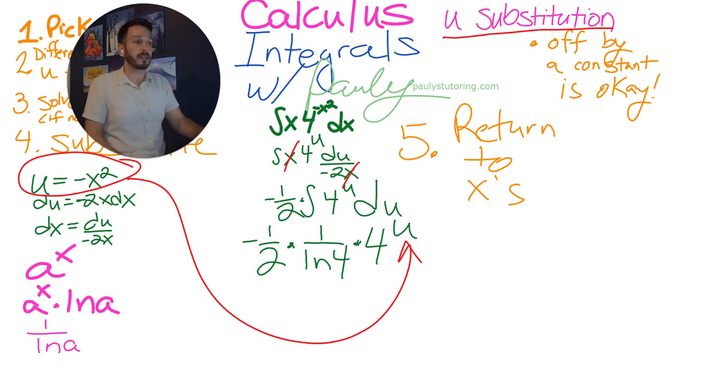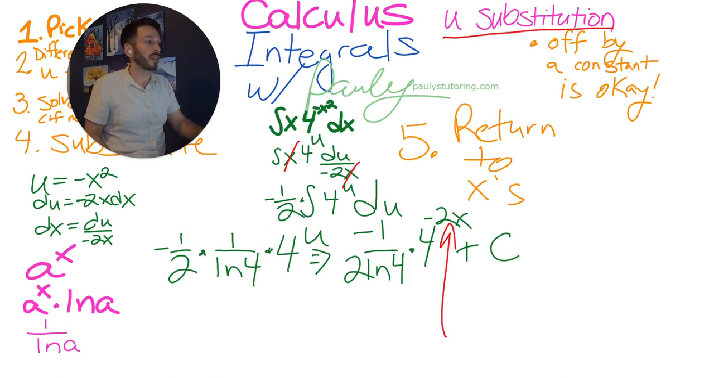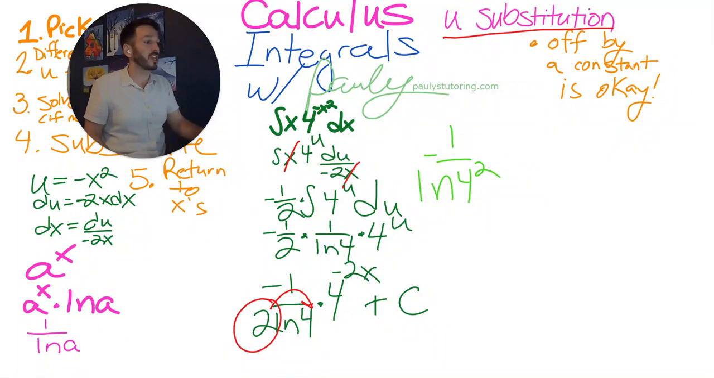Now return to x's. We've integrated it. Now we can go back to whence we came. We started with x's, we shall return, and we replace the u with negative 2x. If you were to differentiate this thing, you would get what we started with, and that's how you know if it's correct or not. And so the next step is, hey, you can do the reverse power rule with exponents,